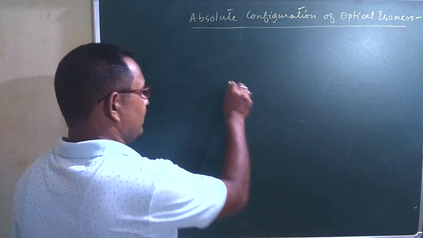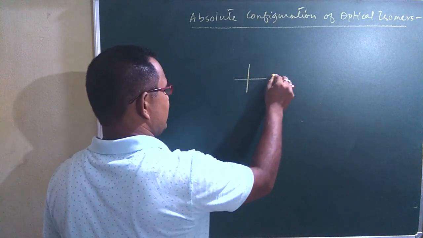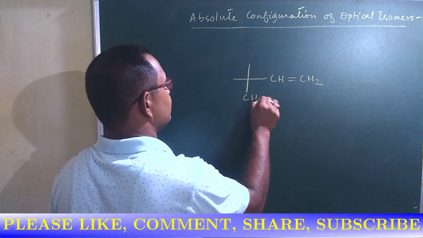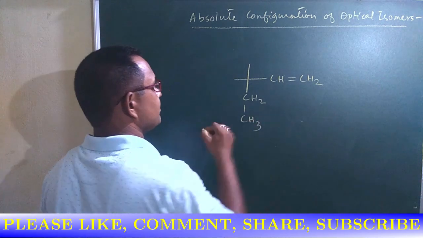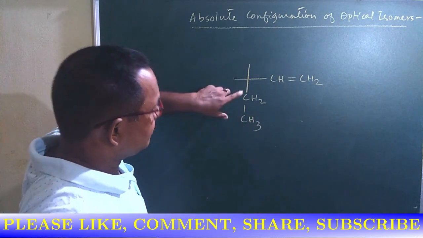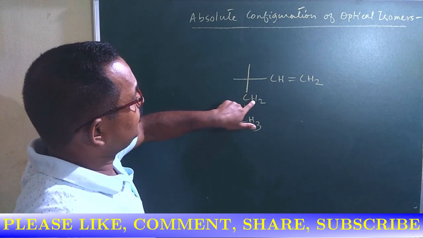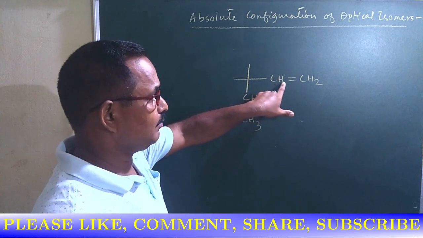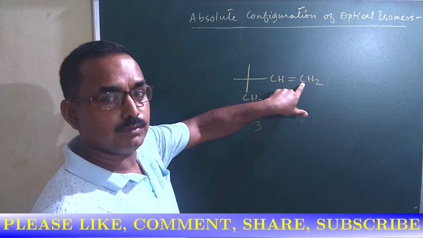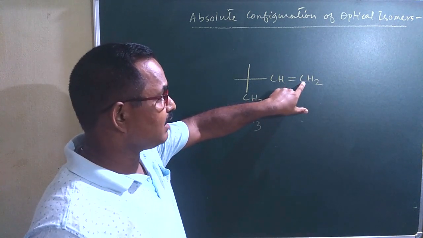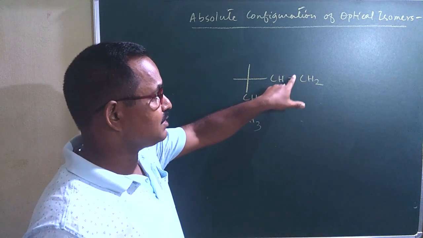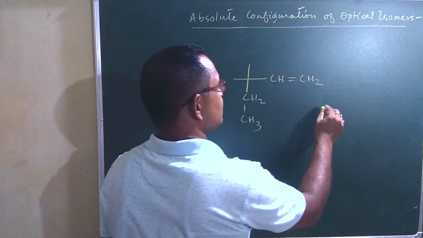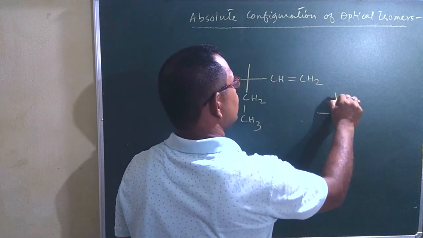Again, you see, sometimes a situation like this may arise. This one: first atom carbon, second atom 2 hydrogen, 1 carbon. Here first atom carbon, second atom 1 hydrogen, 1 carbon. But this carbon is connected to this carbon by means of a double bond.